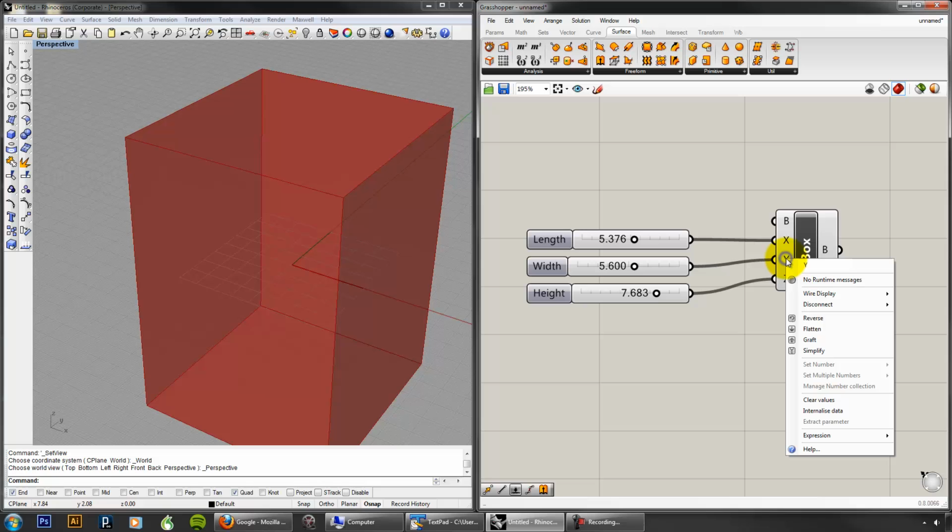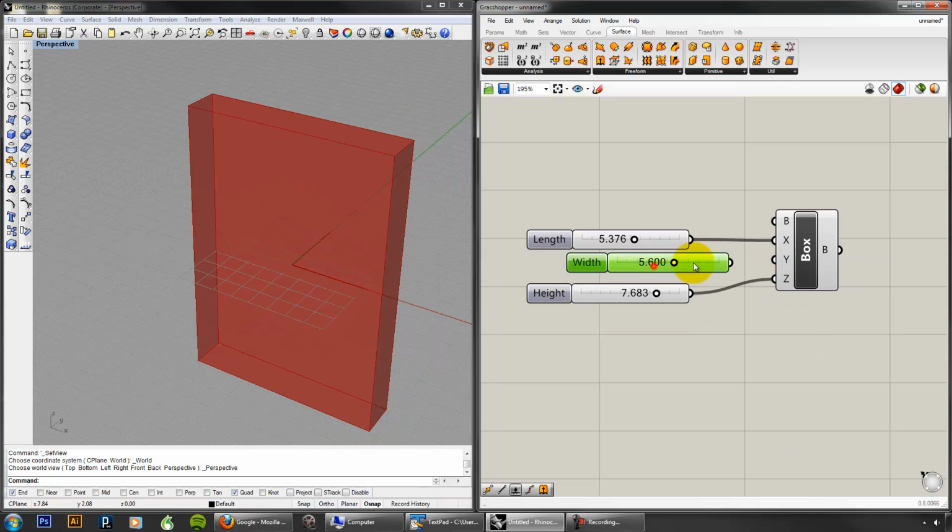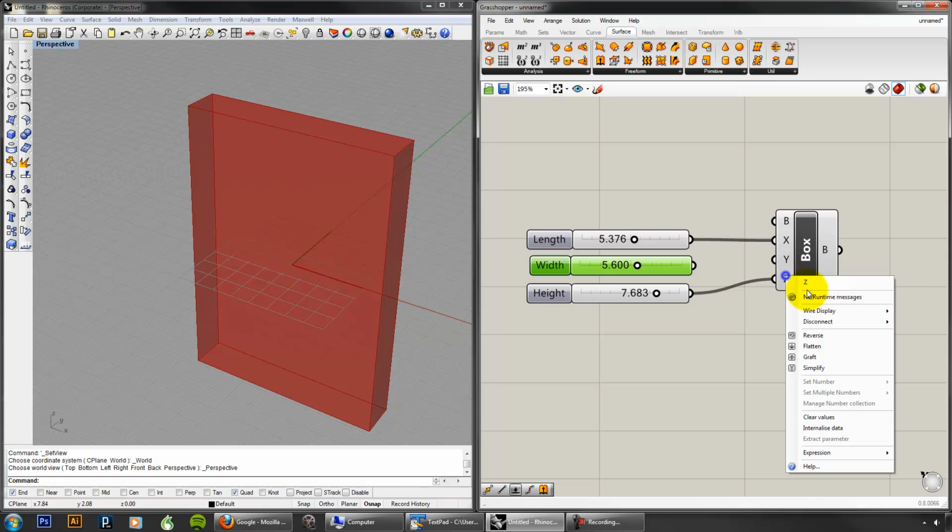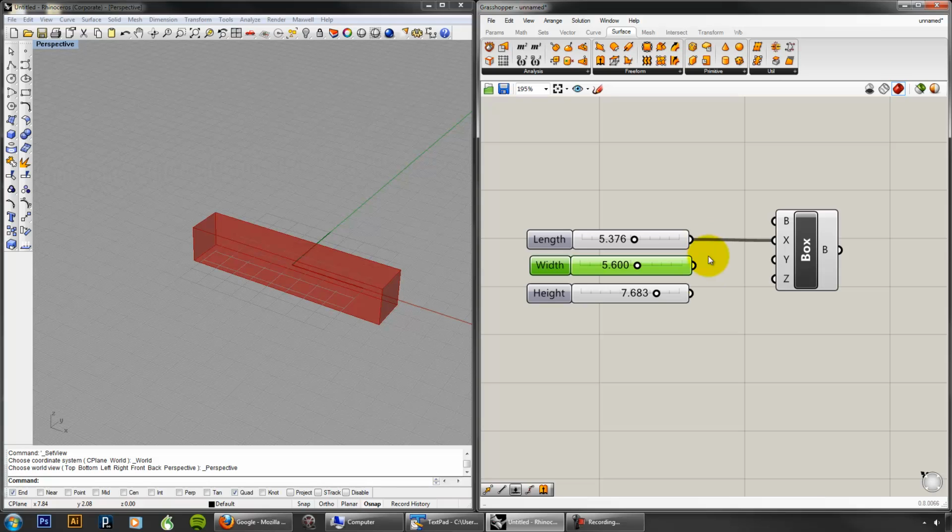Right-click on Y and go to disconnect and say disconnect all. And so that actually takes off this component, and you'll see that Y actually defaults back to 1. You can always mouse over to find out what the value is. And let's go ahead and disconnect. No. Let's take,